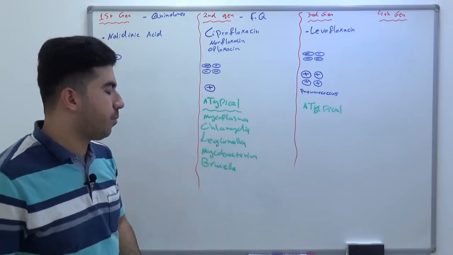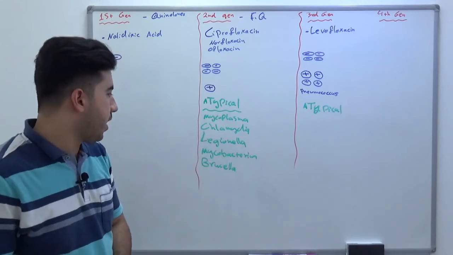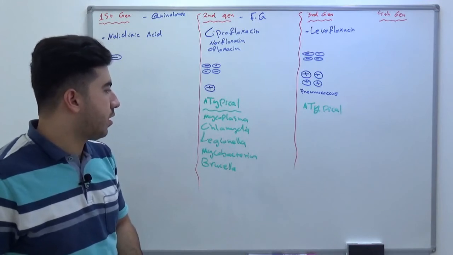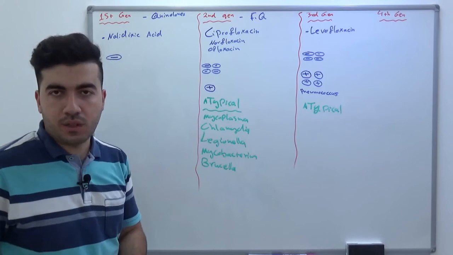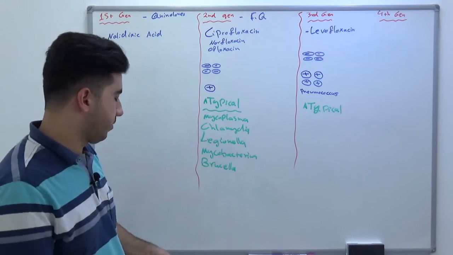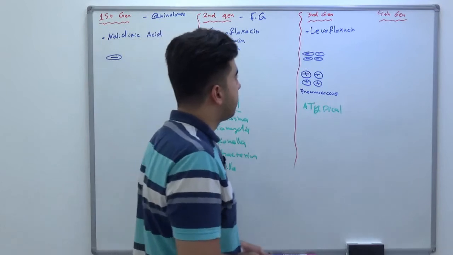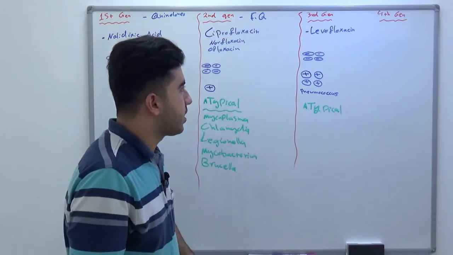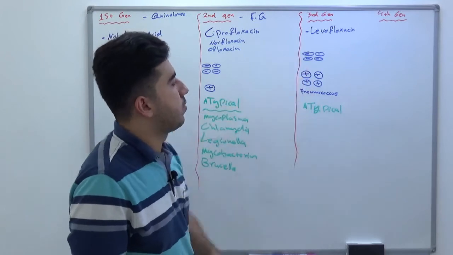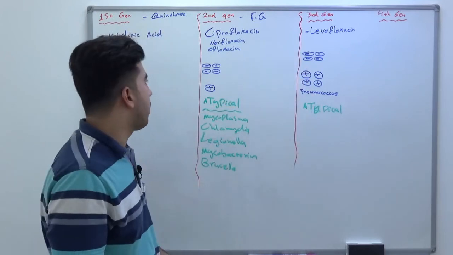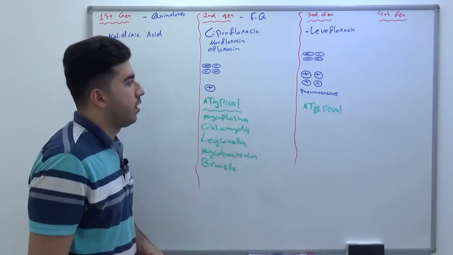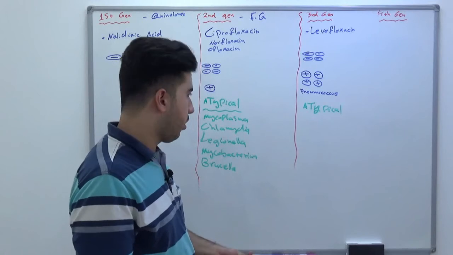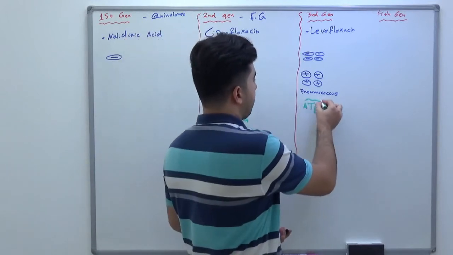Chlamydia, Legionella, Brucella. Why are they regarded as atypical ones? Because they cannot be stained well by the gram stain. Okay, and these are the spectrum of levofloxacin: gram-negative rods, more gram-positive cocci when compared to ciprofloxacin, including pneumococcus, also atypical microorganisms. And about the fourth generation,